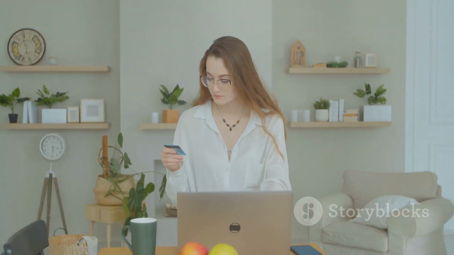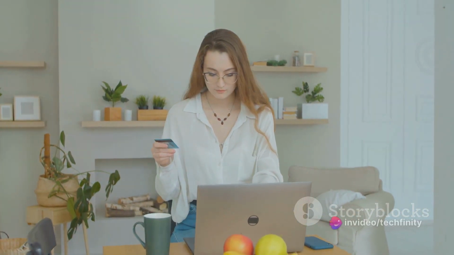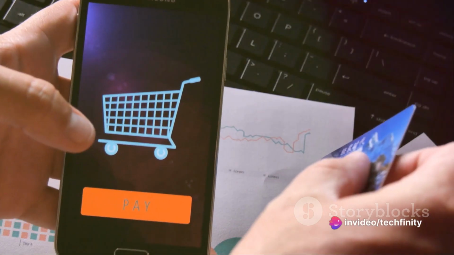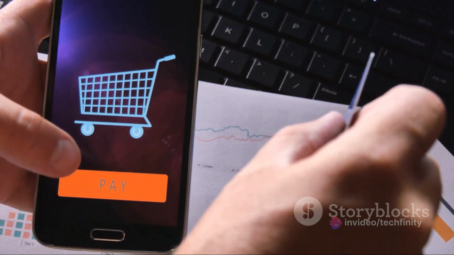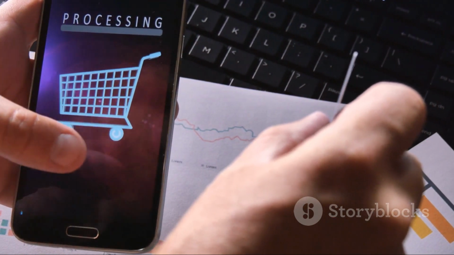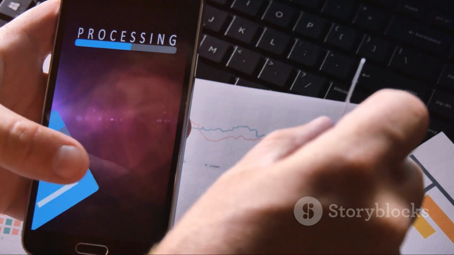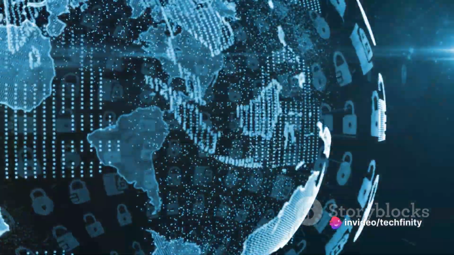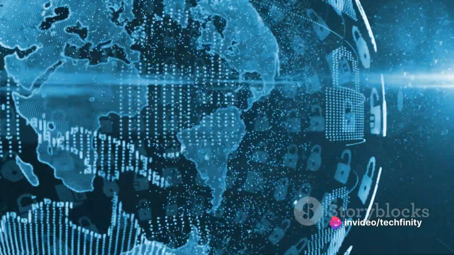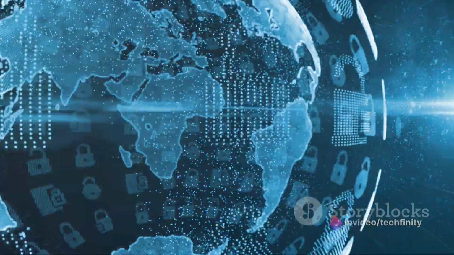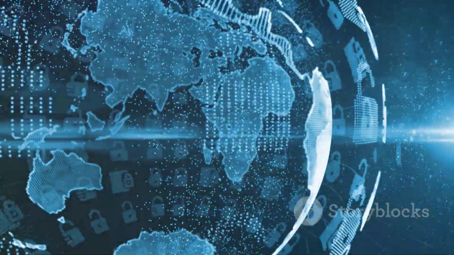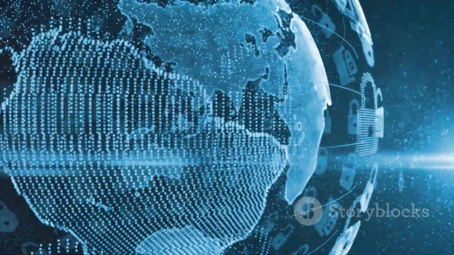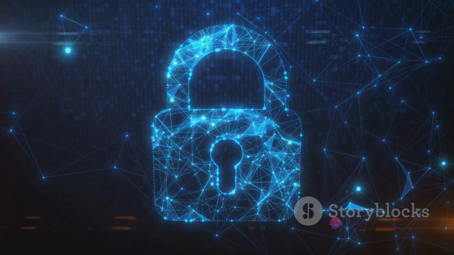Online transactions also offer a high level of convenience. You don't need to visit a bank or an ATM to make a transaction. You don't even need to be in the same country as the person or business you're transacting with. All you need is a device with internet connectivity and you're good to go. Moreover, online transactions are not just about convenience and speed. They also offer a level of security that is unparalleled by traditional banking methods. Encryption technologies ensure that your financial information is secure, and two-factor authentication adds an extra layer of protection.